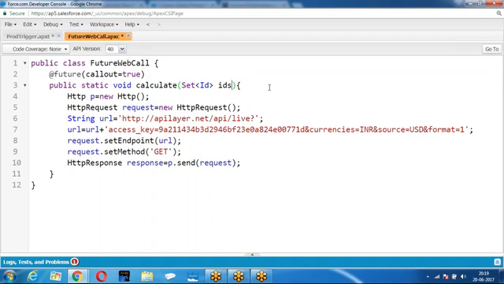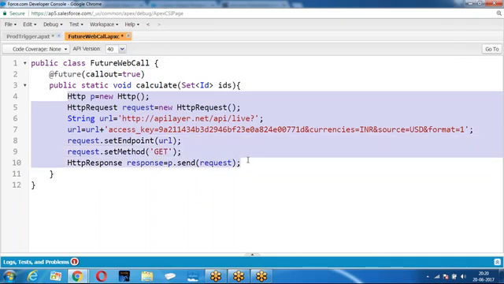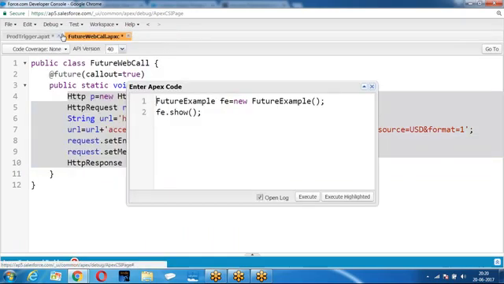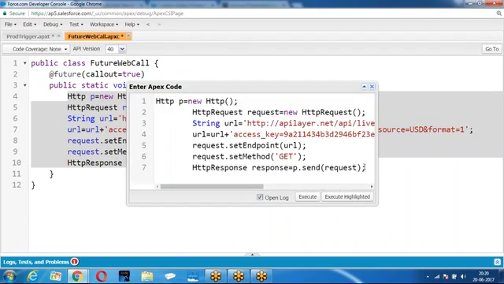If you want to pass IDs, we need to get the list of IDs of the records. When do I get the list of IDs? Only after insert. That is the reason in the after insert trigger, we got the list of record IDs, pass that list of record IDs, then it makes a web service call, gets the response. Now when you are making a web service call, find out what is the format of your response. Is it JSON or XML? What type of response are we getting? Is the web service call running properly or not? Let me check it out.